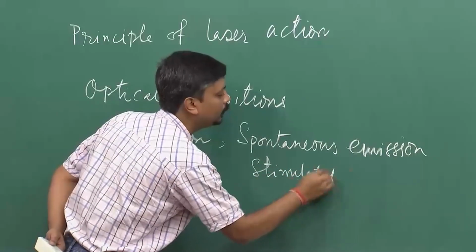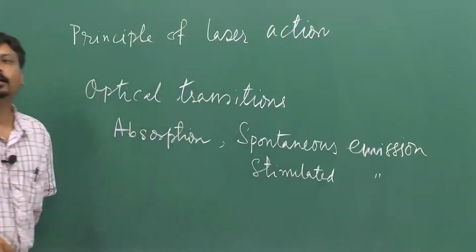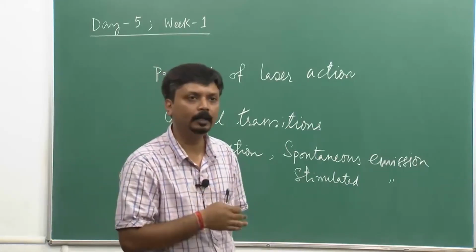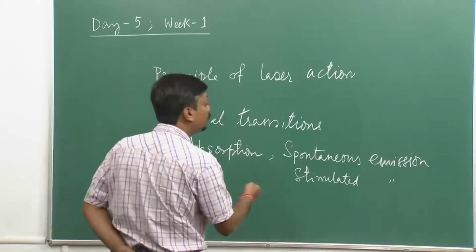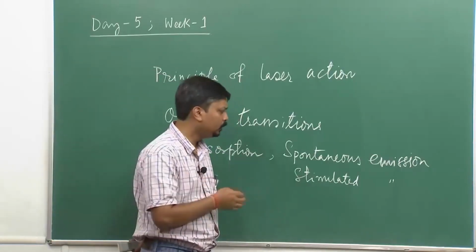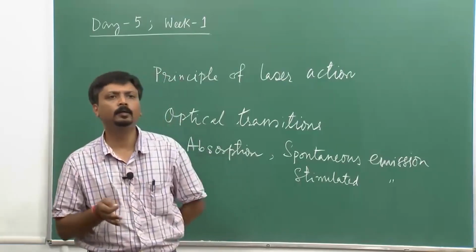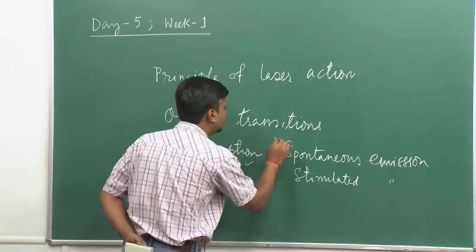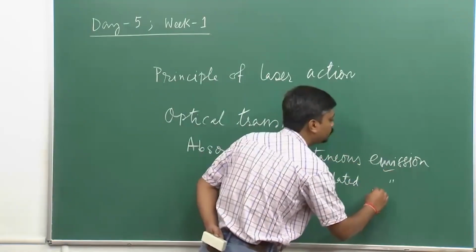We also learnt why there was a need to bring in this concept of stimulated emission, which was done by none other than Einstein. So, we also learnt about the rate laws governing these optical transitions,